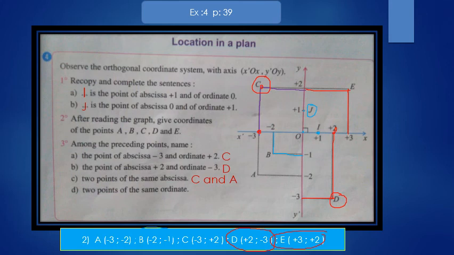Now two points of the same ordinate. Ordinate means that they are on the y-axis. We have C and E. They both have the same ordinate, which is what? +2. Okay, J doesn't have another point with the same ordinate. Also, you can say that O and I also have the same ordinate, so you have two choices, either to say C and E or O and I, they are both correct. Okay,